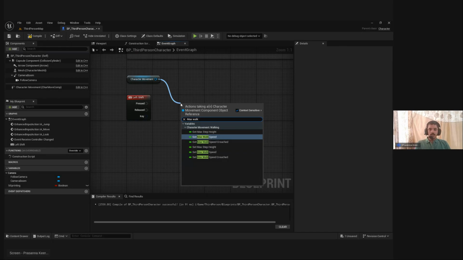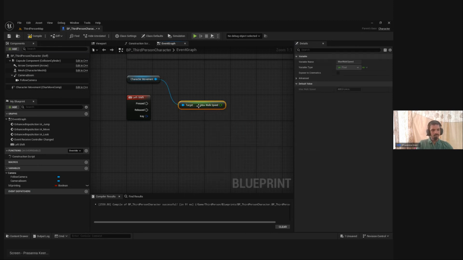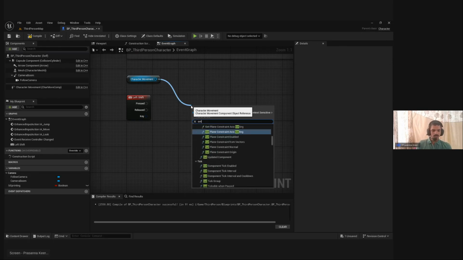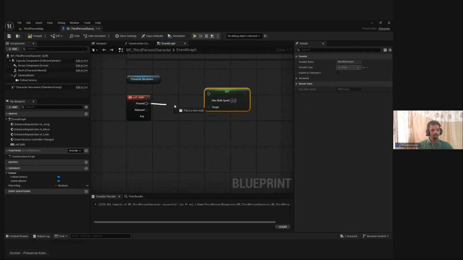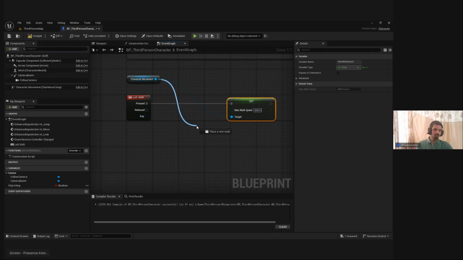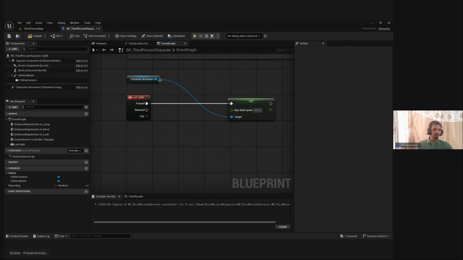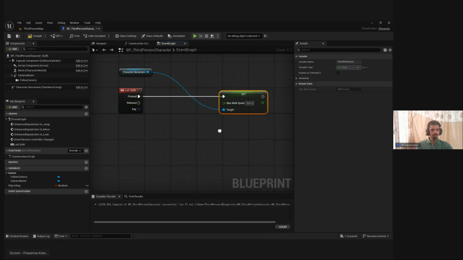I need to alter the value, which means I need to set the value, right? If I press the shift button, the character's max walk speed should go back to 500. And if I release the button, the character's max walk speed should go back to 250.